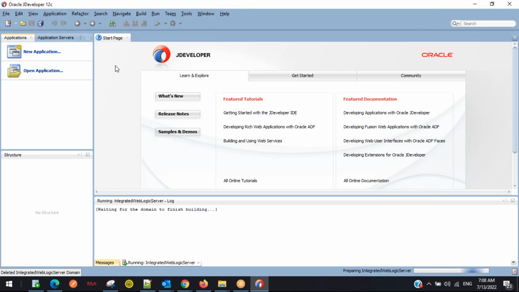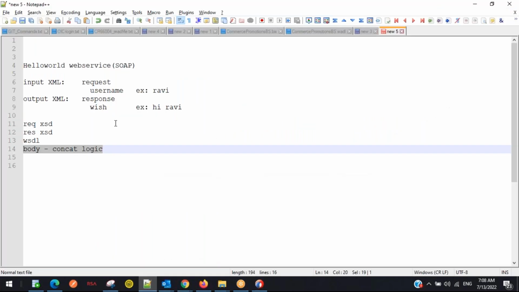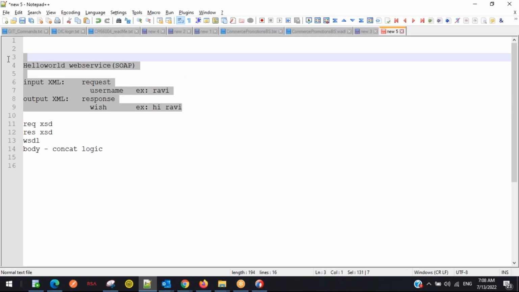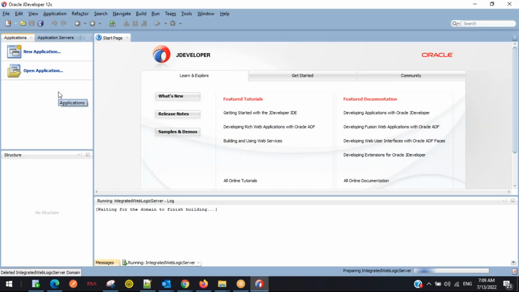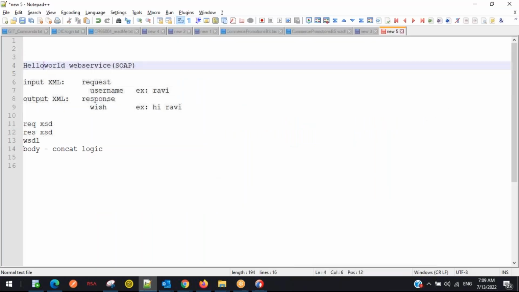So now I will introduce a few palettes and how to operate JDeveloper along with the example, guys. We are going to discuss this web service, but while discussing it, I'm also going to show you some of the options in JDeveloper that you are going to use in our regular practice. All right. So first thing, if you want to create any web service in JDeveloper,